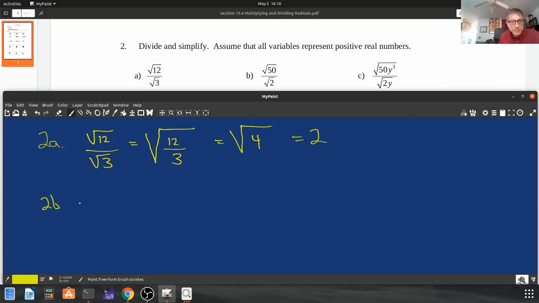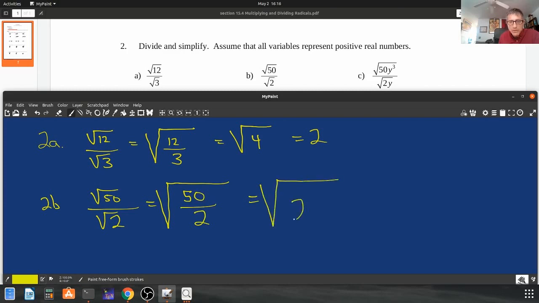Here I have the square root of 50 divided by the square root of 2. You would get the same answer if you didn't use the quotient rule, but it's so much easier sometimes if you do it this way. So 50 divided by 2 is 25, and the square root of 25 is 5. And then our last one,